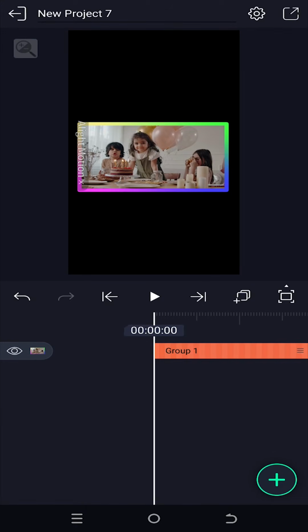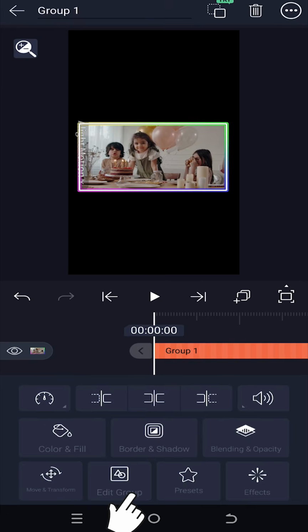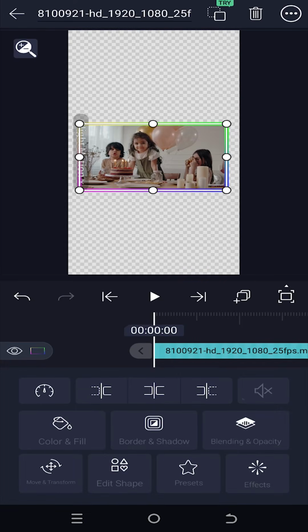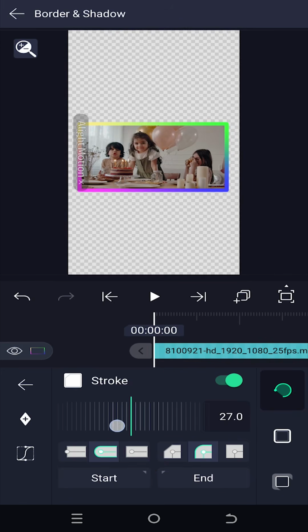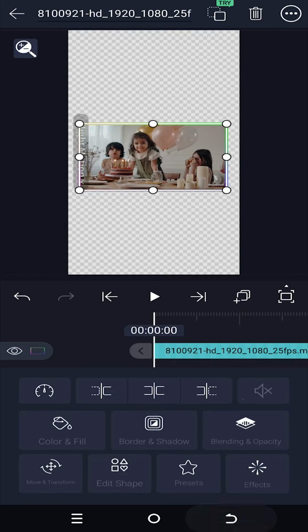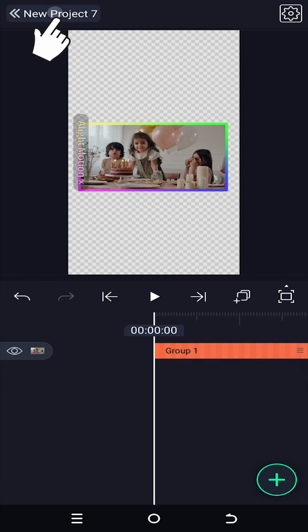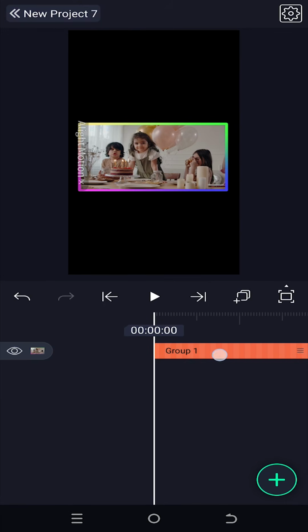If you want to edit the frame again, select the group, edit group, upper layer, border and shadow, and the stroke size. When you are done with editing, tap on the top left corner button to go back to the